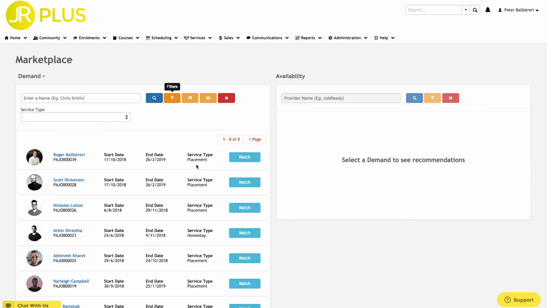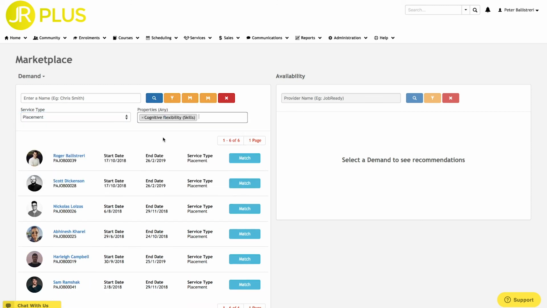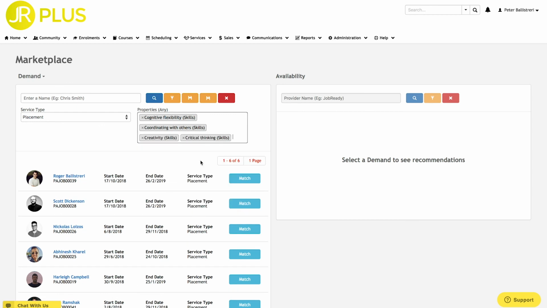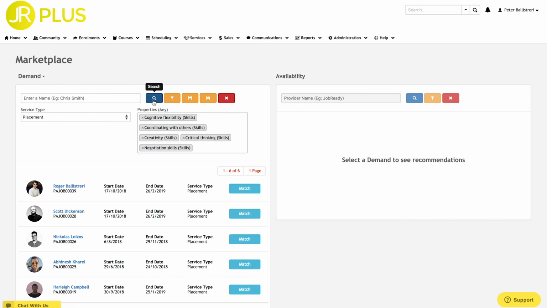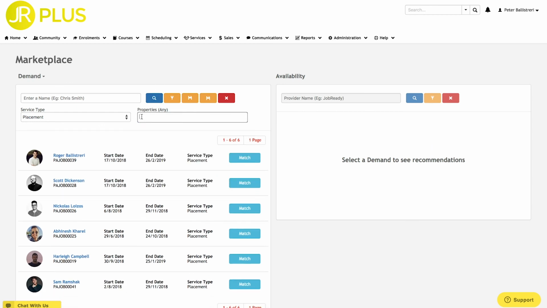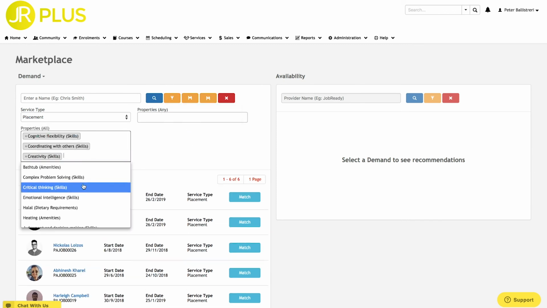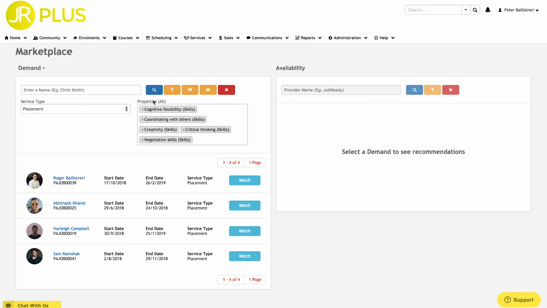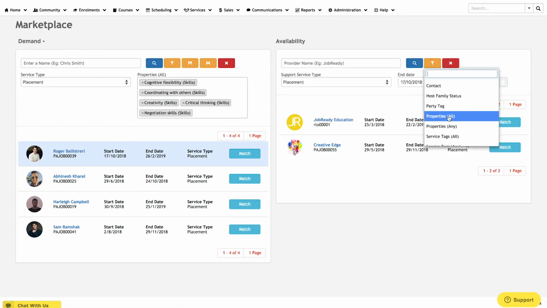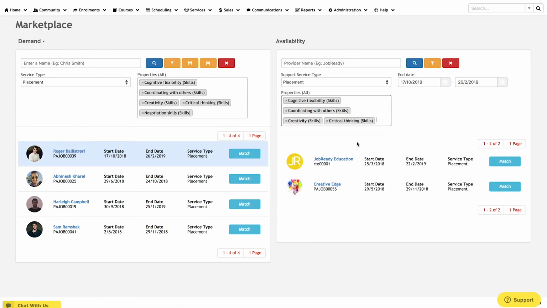Tags and properties are the first step towards AI in Plus. You'll find that as we build on AI, this kind of stuff will be automated for you. That said, it's important to have a human touch. And so here I'm looking for students with certain skill sets and prospective work placement providers who might be after those skills. So, adding filters to our demand and then the same to our supply will show us perfect matches